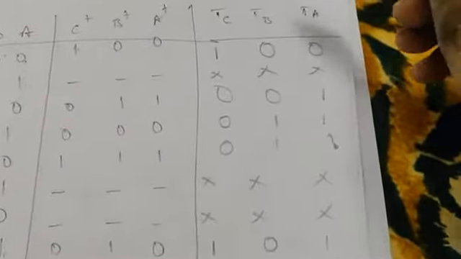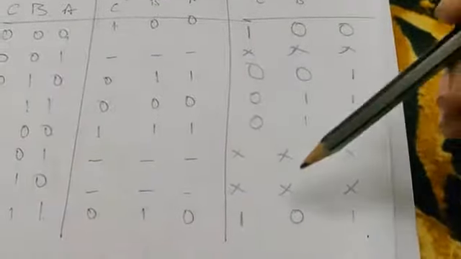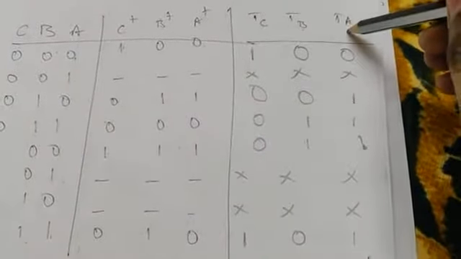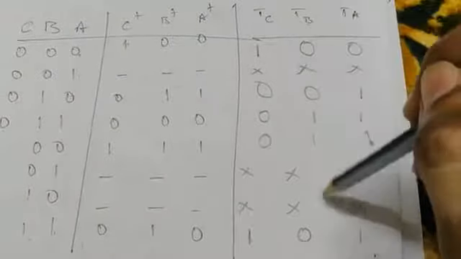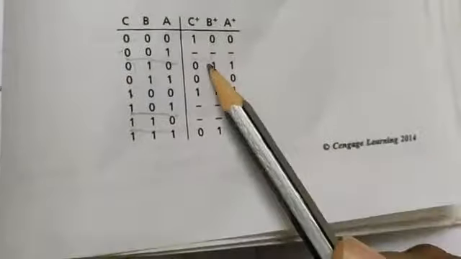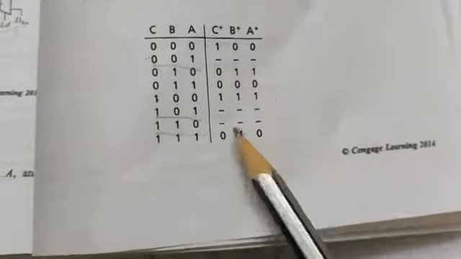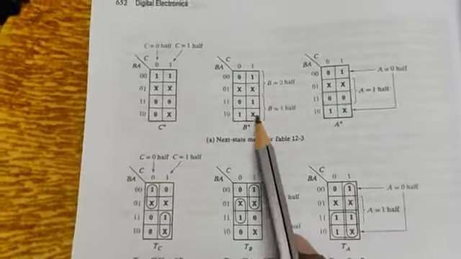So you filled TA, TB, TC. You got 3 columns. So now you are supposed to construct K-map for the TA column, K-map for the TB column, and K-map for the TC column. So here it is. So this is next state. This K-map belongs to this one. They have taken dashes as don't care. So A column, B column, C column, they have constructed A column K-map, B column K-map, and C column K-map.